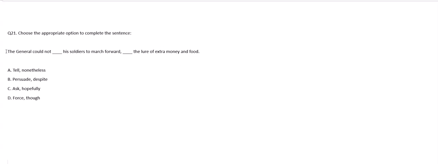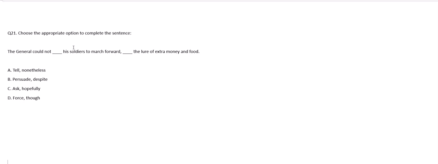Now, in the given context of the sentence, you will see the options. The general could not tell his soldiers to come forward; nonetheless won't come. Ask, these are general words, and they will fit here. Tell will fit, ask will fit, force also has a similar meaning and will come. But